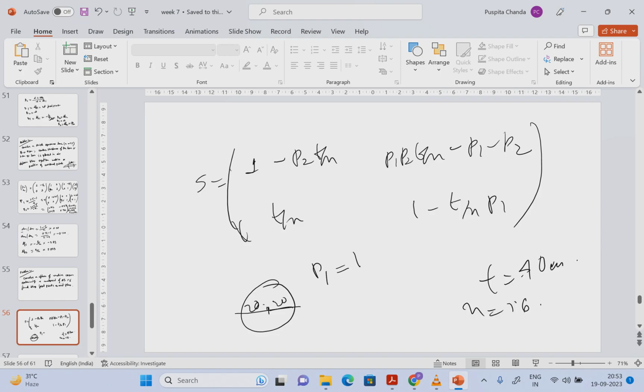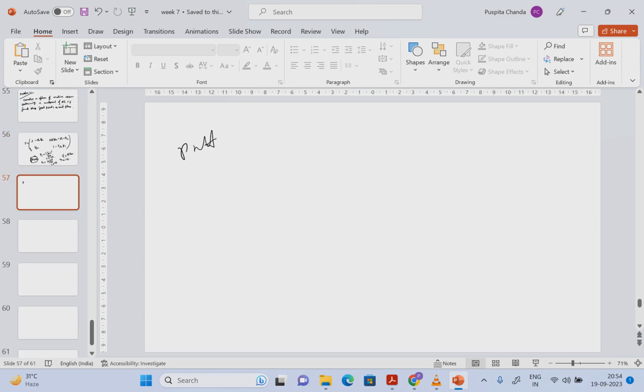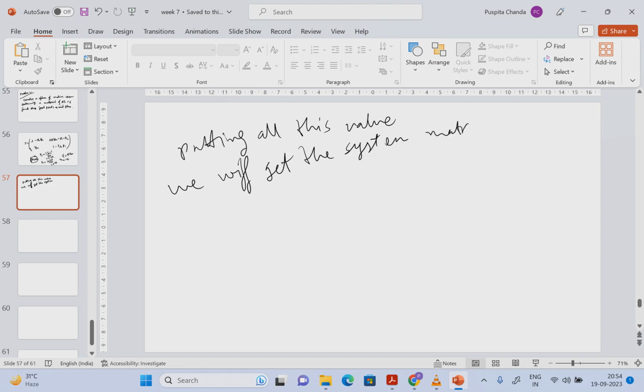P1 will be 1.6 minus 1 by 20, which is 0.03. And P2 will be 1 minus 1.6 by minus 20, which will be 0.03. You put these values in and you will get the system matrix, which will be 0.25, minus 0.0375,